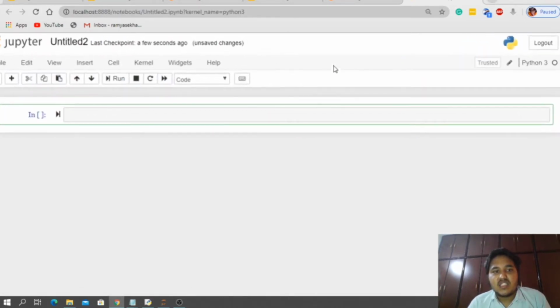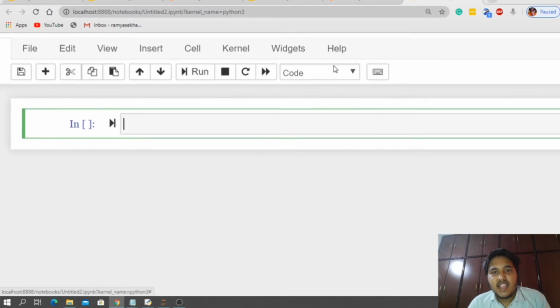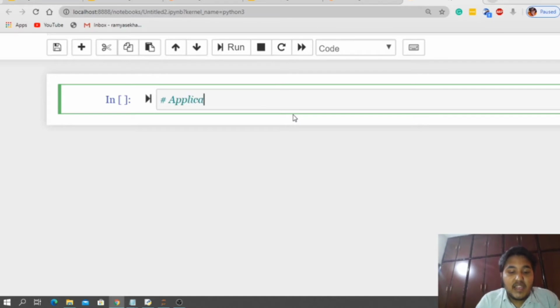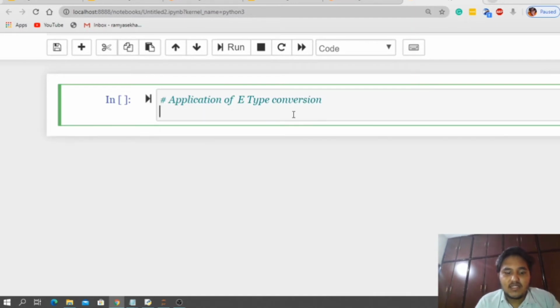Let us first talk about what exactly is given. The given task is an application of explicit typecasting, or type conversion.